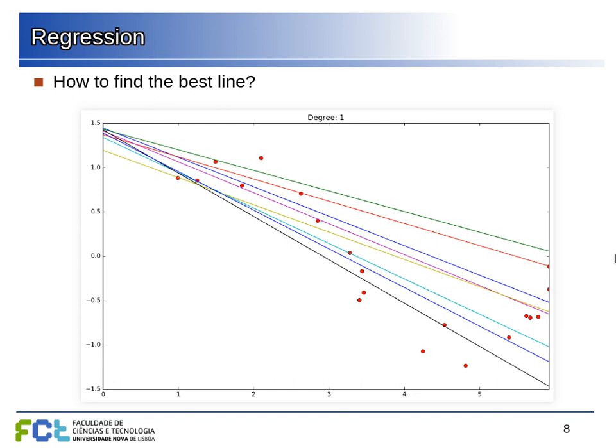Remember that for a machine learning problem, we need to have the idea of a task, but we also need to be able to measure performance in order to improve the performance of the system in that task. So we need to have some kind of measure that tells us if a line is better than the other one, and we can use that to find the best line.